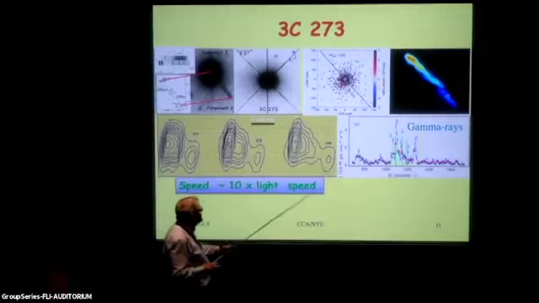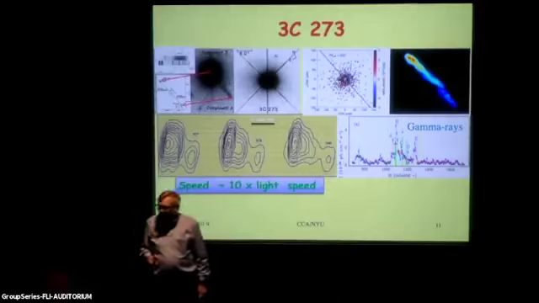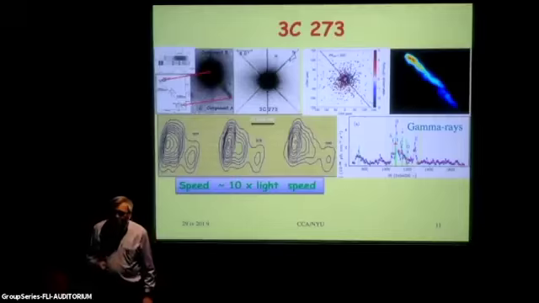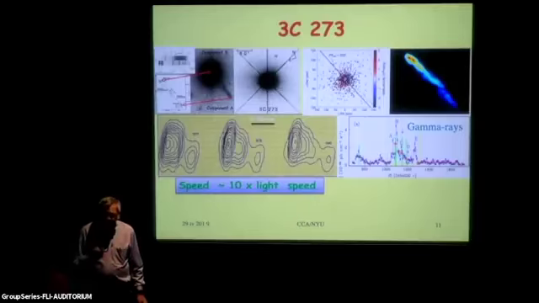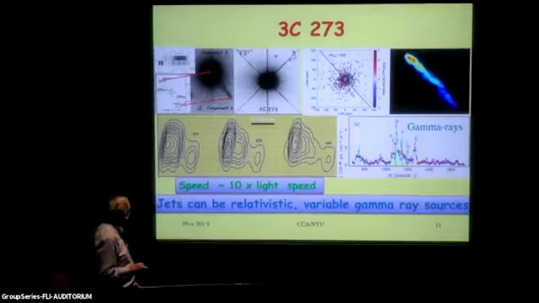Here are the gamma rays. They're rapidly variable. We know that many of these AGN show very rapid variability in the gamma rays, and this is a very key point that I want to make here. It's made somewhat better